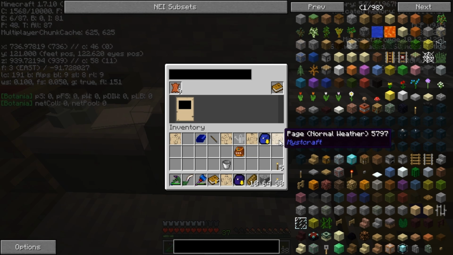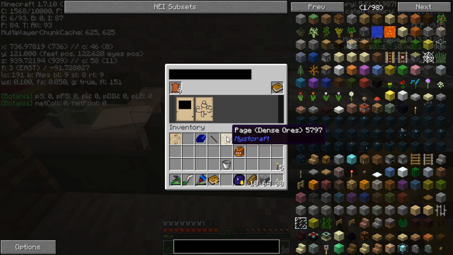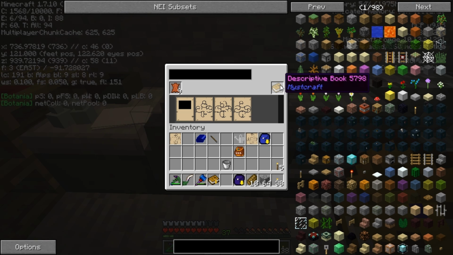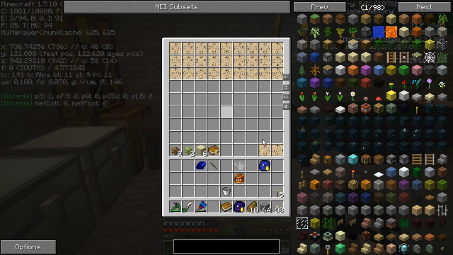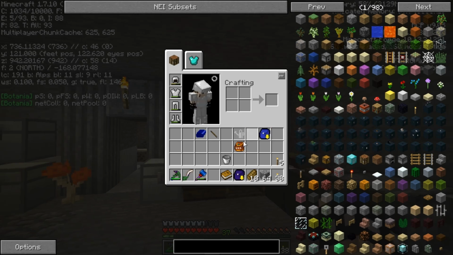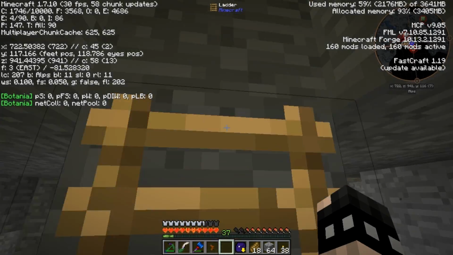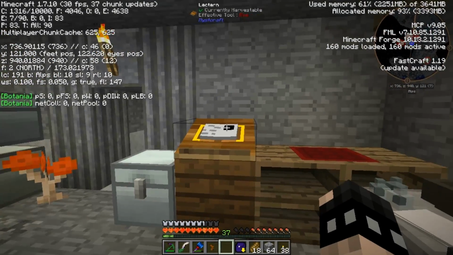So if we go with flat world, dense ores, and normal weather, that's going to give us this descriptive book. Later, when we get better at this, we'll create an actual world that's kind of overpowered. Now I'm going to stop recording and load this dimension,